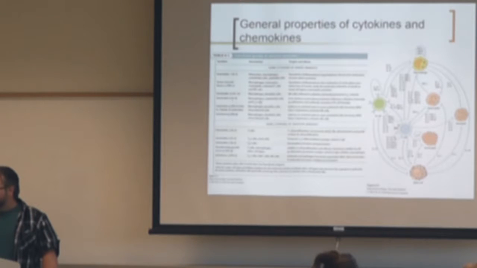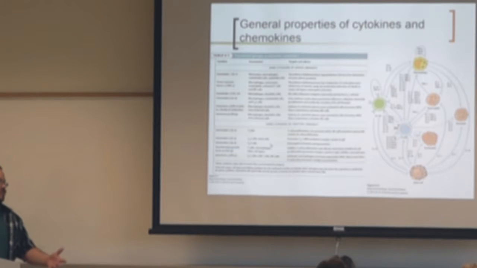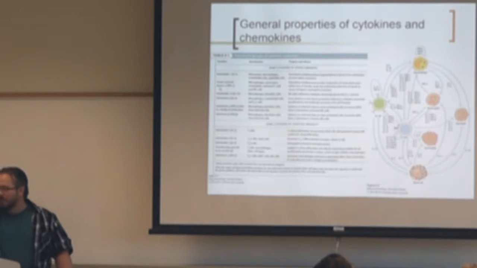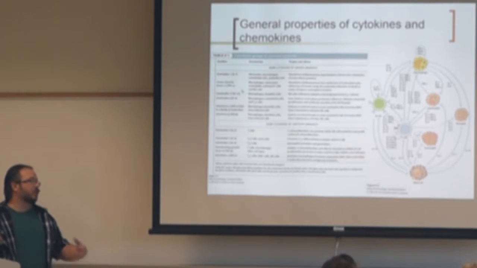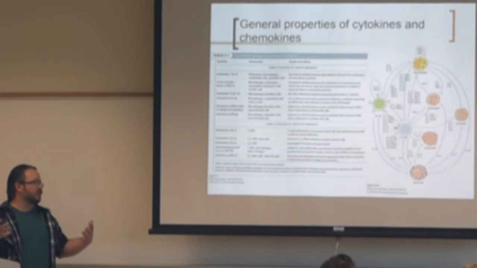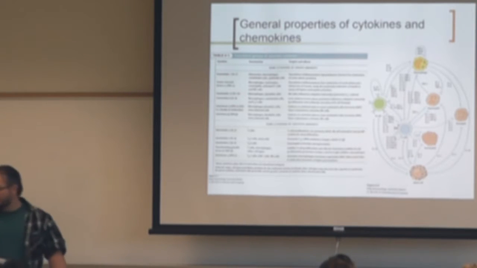Interleukins 12 and 6, and you don't have to memorize this. This is just highlighting some of the cytokines in these immune responses to show how complex it is and how many different players there are. Different cells will secrete different cytokines or have receptors for different cytokines. For example, epithelial cells might have receptors for TNF, whereas our immune cells have lower affinity receptors for TNF, so they're less affected by TNF.